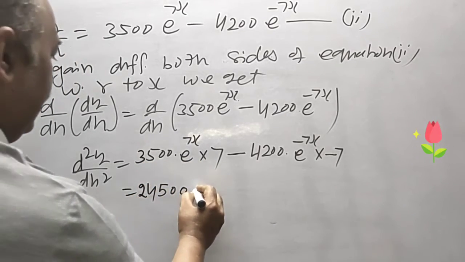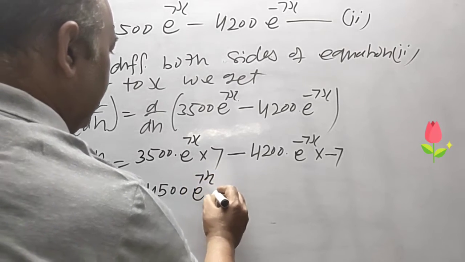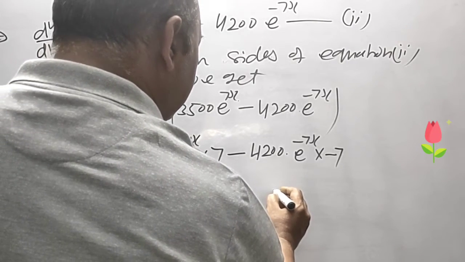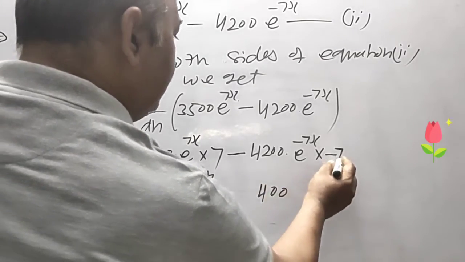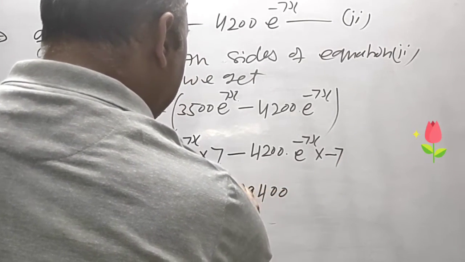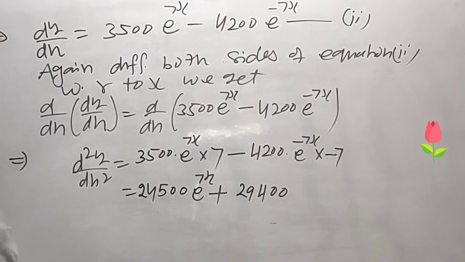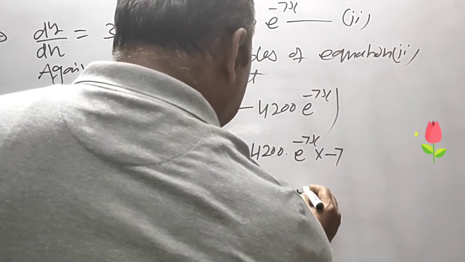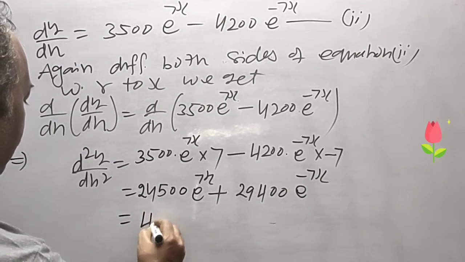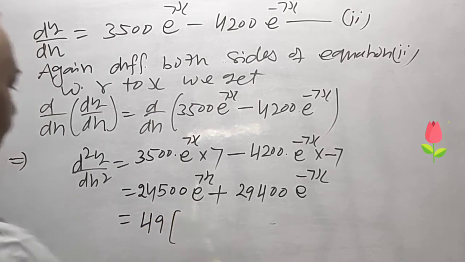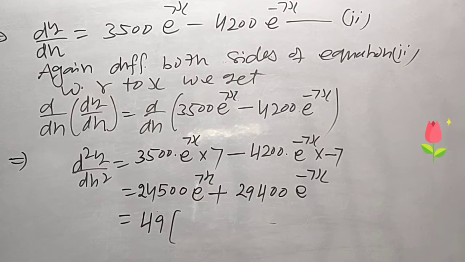24500 e raised to power 7x minus 4200 into minus 7, that is 29400, and it becomes positive. Minus minus plus. e raised to power minus 7x. And taking 49 common from here, we get